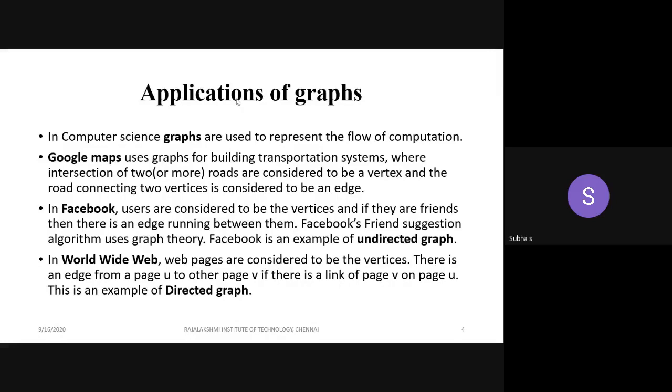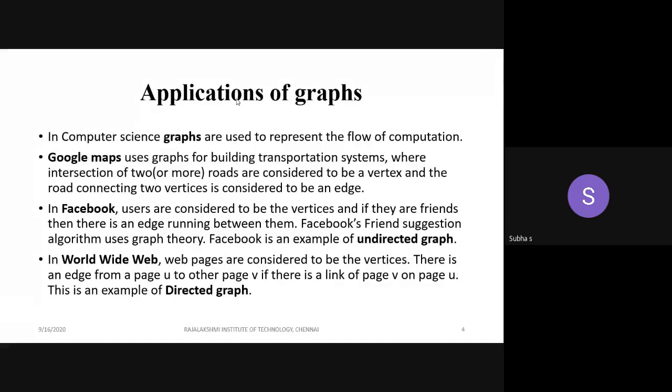Just think of the idea of how Google Maps came. The person who invented Google Maps is very, very intelligent, because we just switch on Google Maps, we drive the car, we just move in that direction, and it will give the shortest path only. 99%, somewhere a flaw may occur. Suppose I want to move from Velachery to Pundamalli, I start Google Maps, and it will show the shortest distance.